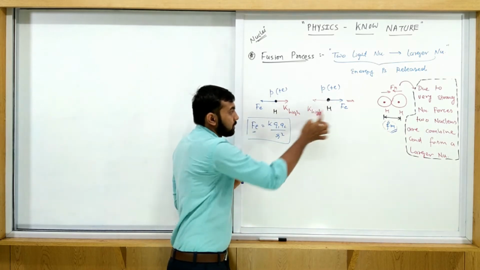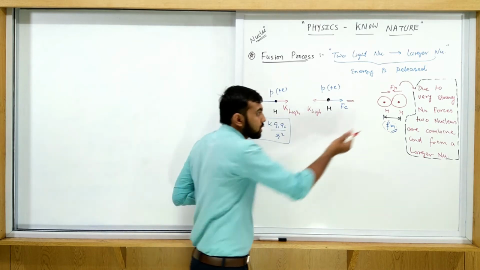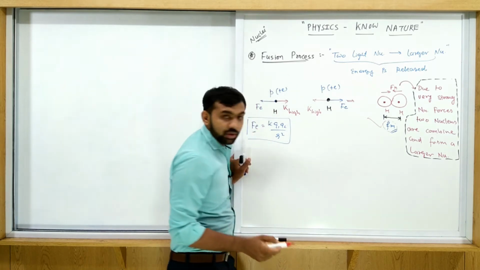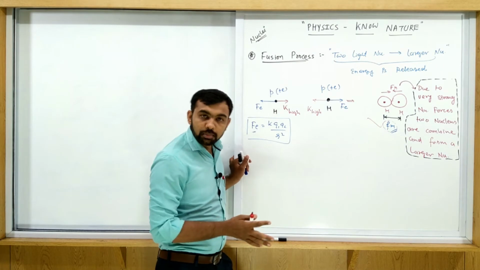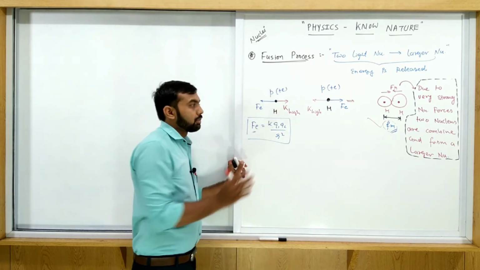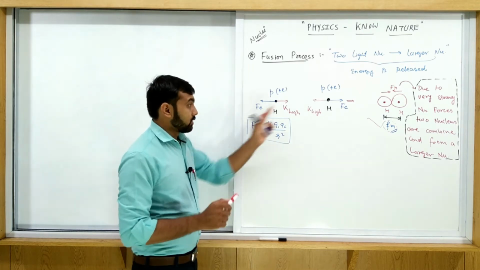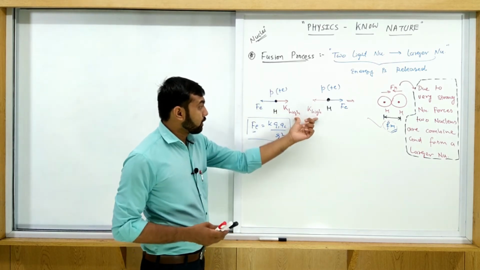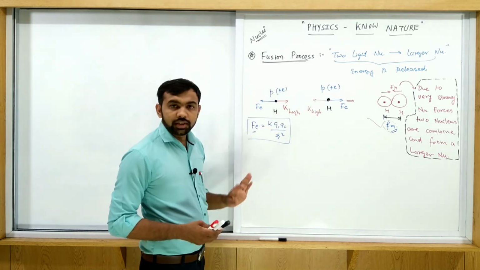This force must be overcome by this kinetic energy, and when they come very close to each other, in the range of a femtometer, then the nuclear force is applied, and this nuclear force overcomes this repulsive electrostatic force, and finally both the nuclei are combined. So that is the theory. That is our case for the combination of the two nuclei. So the kinetic energy must overcome the electrostatic potential energy, we can say that.